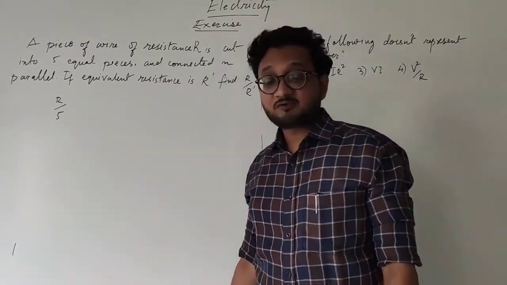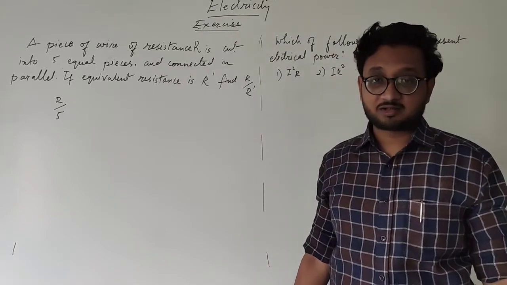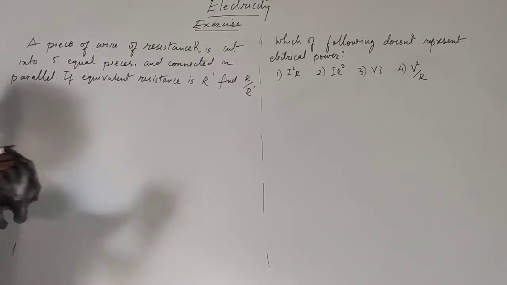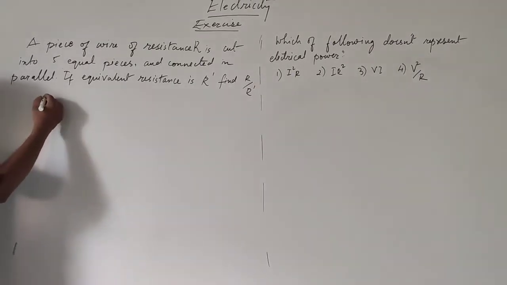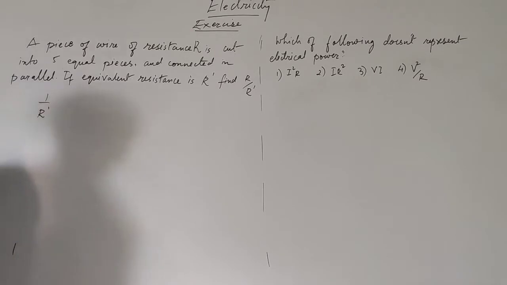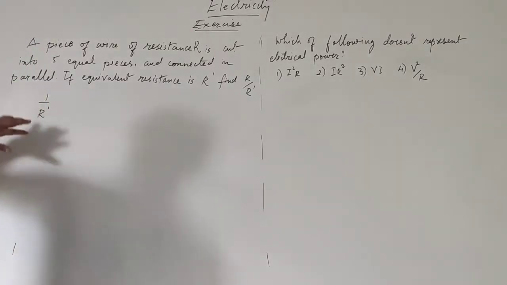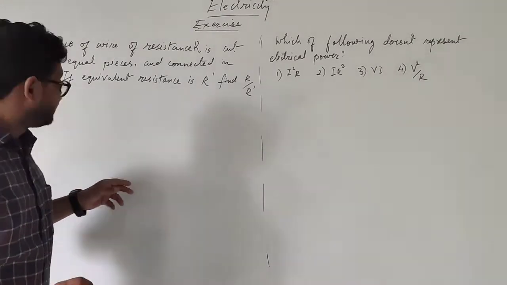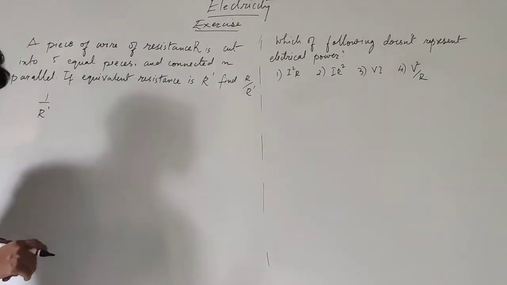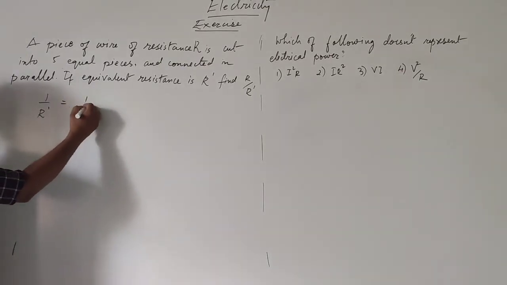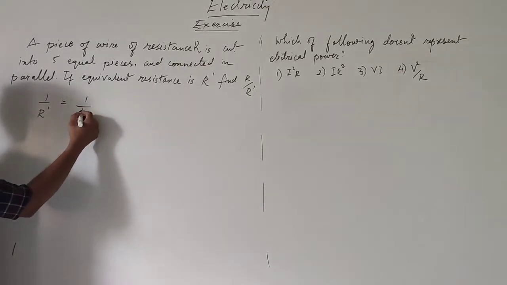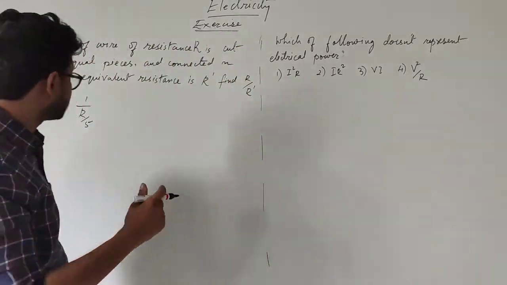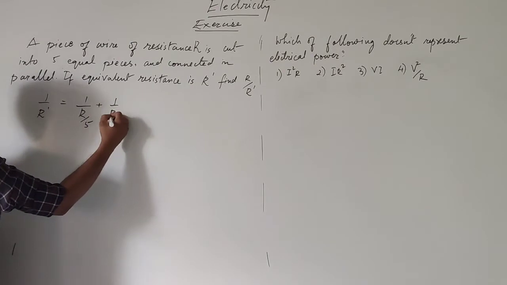Okay. So what is the formula for parallel? To find the total resistance of a conductor, we are going to write the formula for parallel resistance, that is 1 upon R dash, because it is given that the equivalent resistance is R dash. Obviously we are going to take the reciprocal of that. But in order to find the parallel combination, we need to apply the formula as reciprocal of the total resistance. And 1 by R dash is equal to, what is the individual resistance? R by 5. Because those are cut into 5 equal parts. I hope it is clear. So 1 upon R by 5.